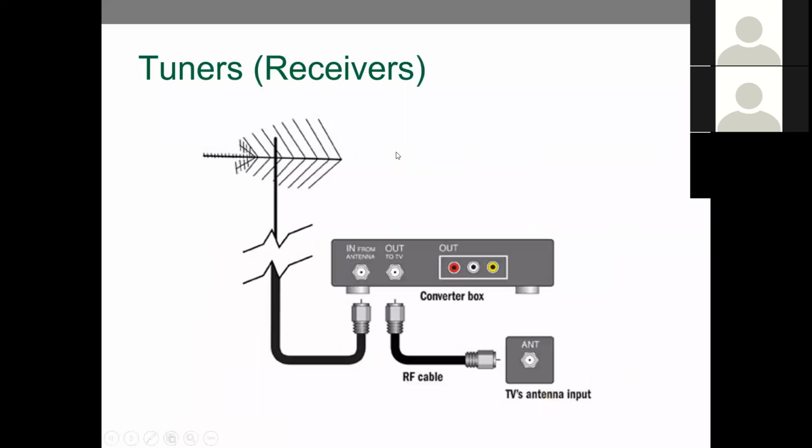Now, the antenna itself is not the only thing you'll need though. These signals come in and they're encrypted, they're scrambled. So in order to descramble these, you'll need a tuner or receiver. And I say tuner or receiver because they are basically the same device. They're interchangeable terms. If you go somewhere and ask for a tuner for your antenna, or you ask for a receiver for your antenna, they'll know what you're looking for. So again, this goes from your antenna to this box, then from the box to your TV, and that will actually allow you to see the signal that comes through.